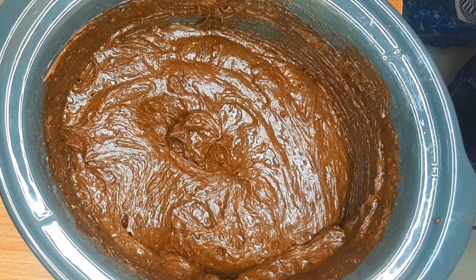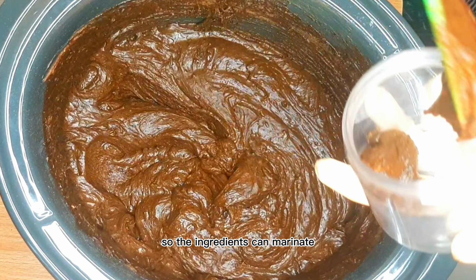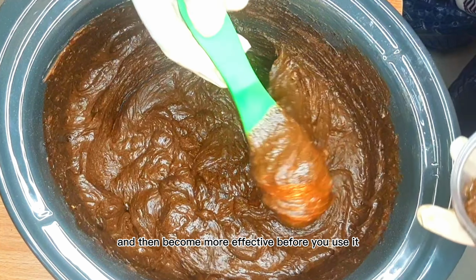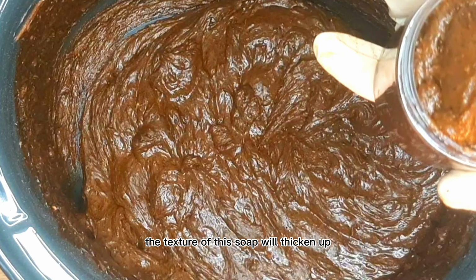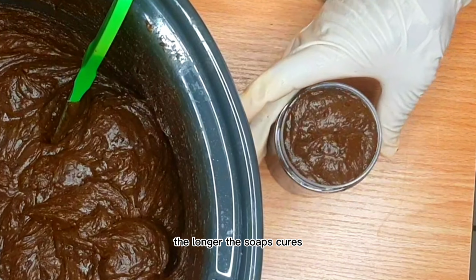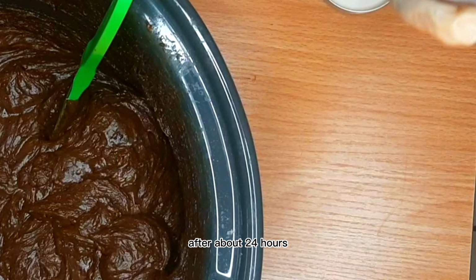to 3 days. Let the soap sit and cure for at least 24 hours before you start using it, so the ingredients can marinate, if I have to use the word. It can infuse properly and then become more effective before you use it. So the texture of this soap will thicken up as it cools down completely or after about 24 hours. The longer the soap cures, the better it becomes. It is going to thicken up, and I'm going to show you a picture of the soap after about 24